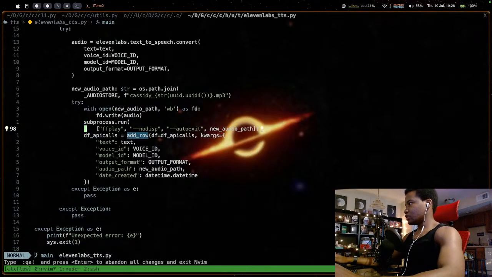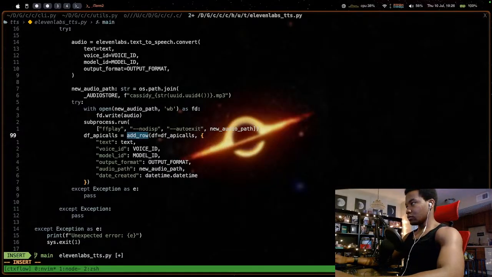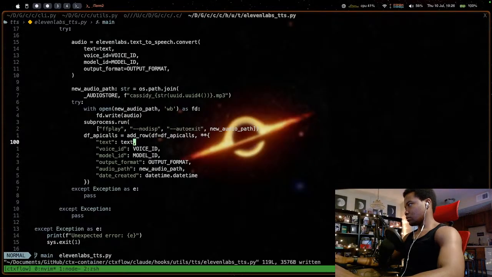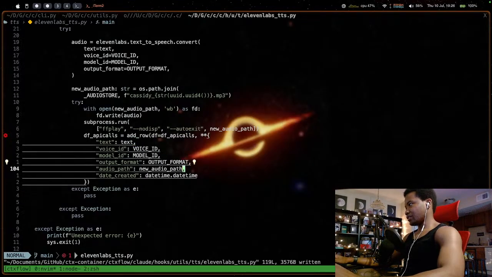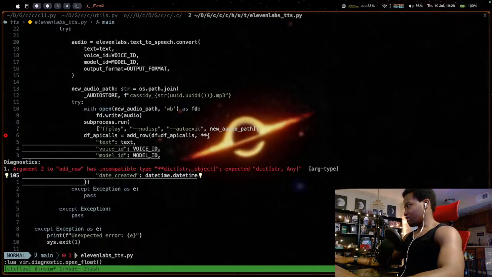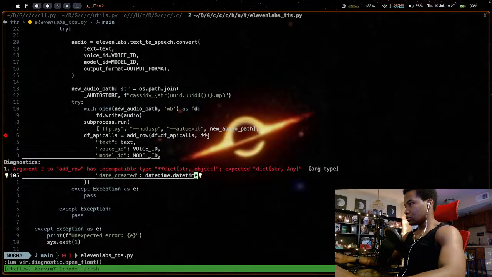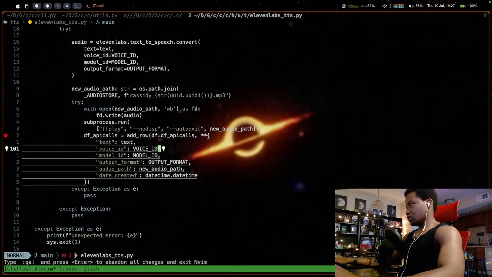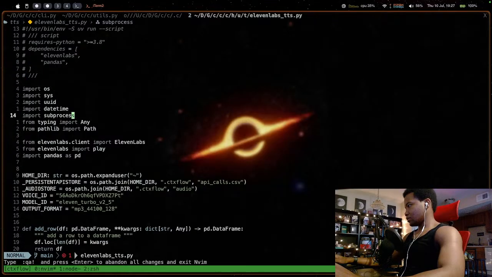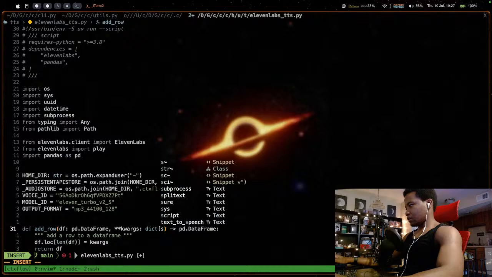Okay. So I could just do this then. That way it'll unpack these, hopefully. I don't know. Has incompatible type. Yeah, I'm not typing kwargs anyway.